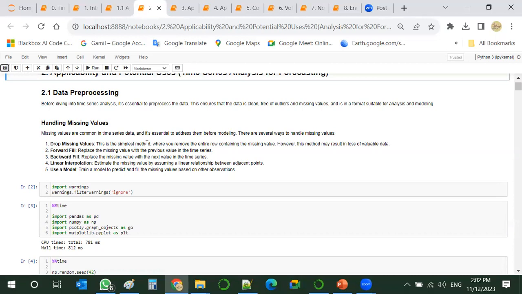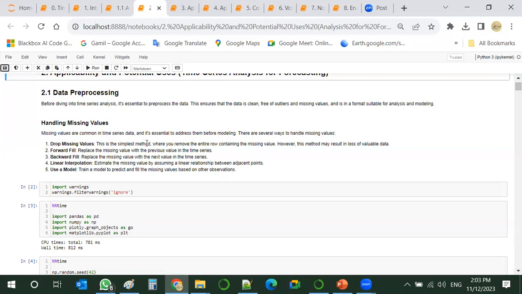But this simplest way might not really work in all cases. So we can go for forward fill, where we replace the missing values with the previous values in the time series, or we can go for backward fill, the other way around, so we replace the missing value with the next value.